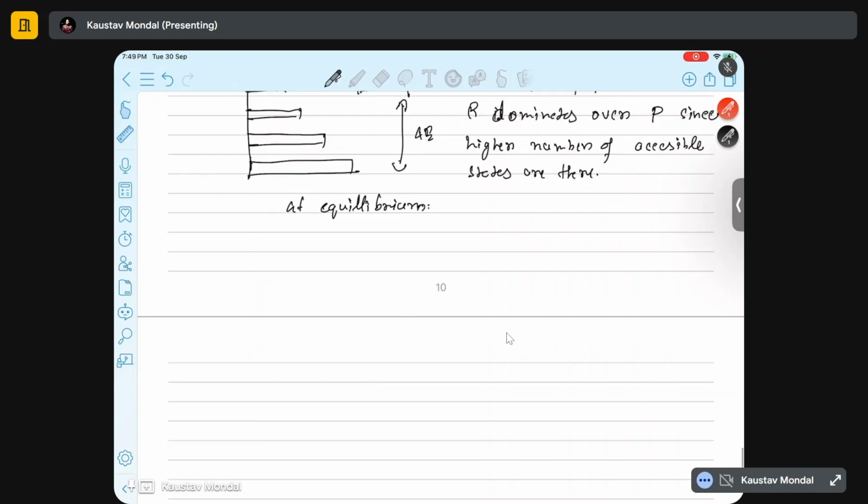So delta E gives you delta H, that is the change in enthalpy, and the